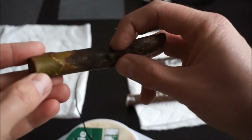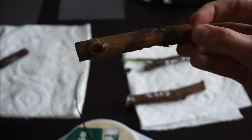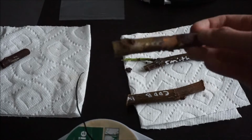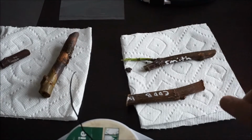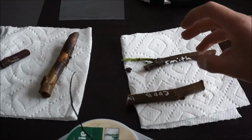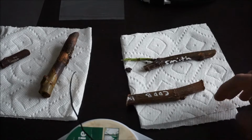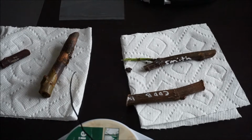All of this bark is coming off. It's no good, and I've repotted this twice to no avail. So I'm really upset about this because I committed a rookie sin with this. When you get a cutting that is this big and that is this beautiful, this was the only one I received, you cut that cutting in half because that will give you twice the amount of chances to get a successful cutting. That is the only Col de Dame Blanc cutting that I purchased, and I'm upset that